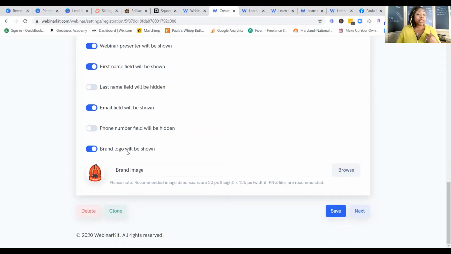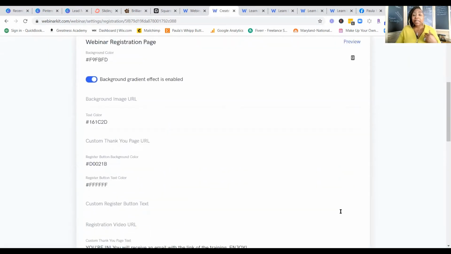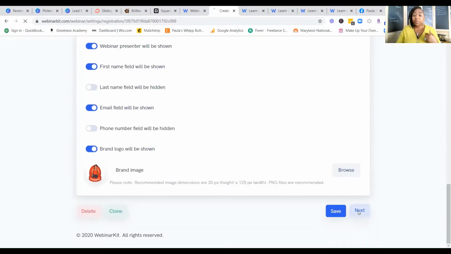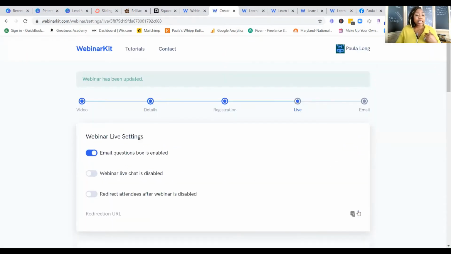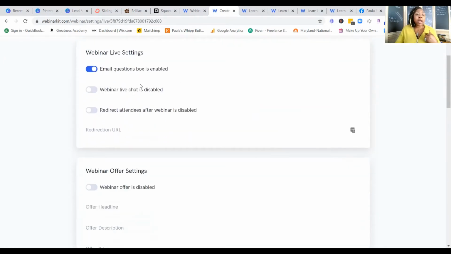And then you can brand your logo. And as you see, I have my logo here. So I'm going to save and then I'm going to hit next. And it's going to take me to the live webinar settings. So this is where I have